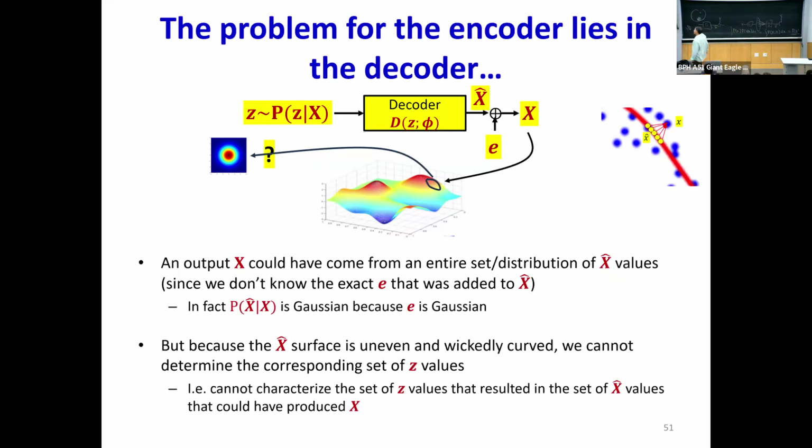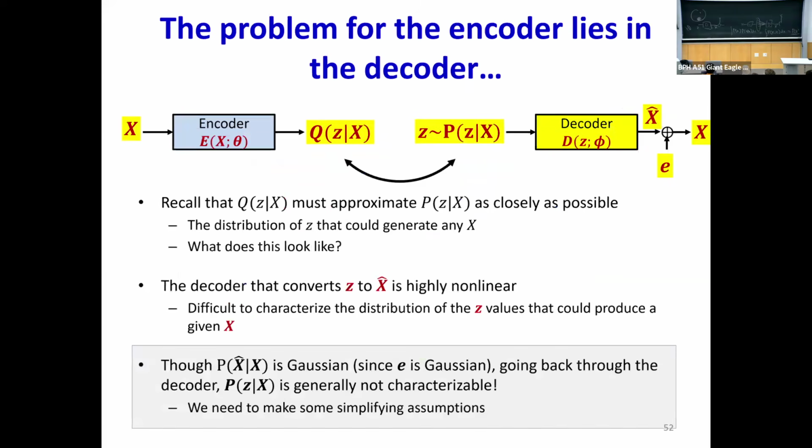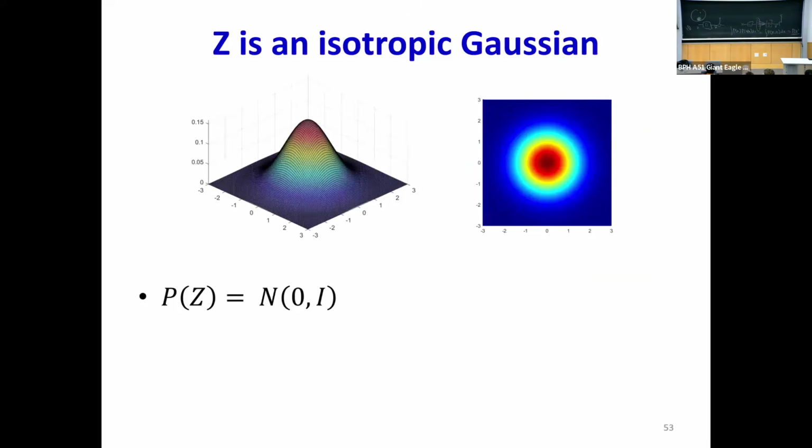And in any case, the point is we cannot go back and find out what P of z given x is. Again, it's a very complicated slide stating the obvious, that if I have some region on the curved surface, there's no way for me to go back and say over here, it's this nice clean portion of the original latent space, right? So we're going to look at some mathematical realities to deal with this.